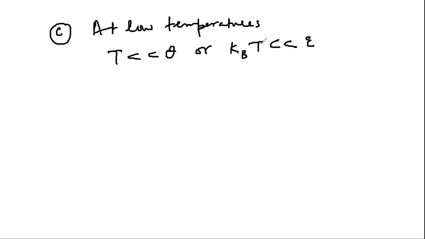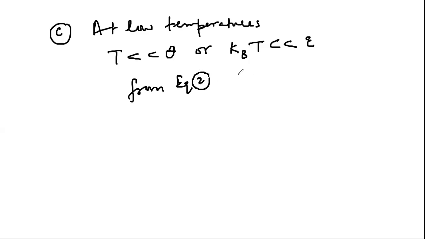When T is much less than characteristic temperature, that is, we are talking about a low temperature situation, or kBT is much less than epsilon naught, from equation 2, let me write it neatly, from equation 2,